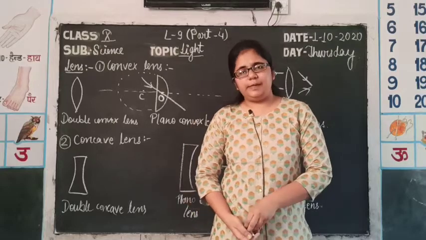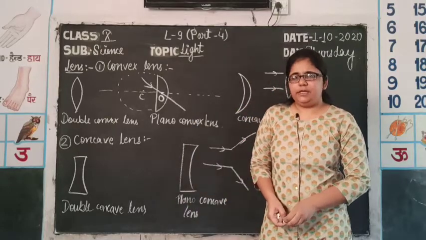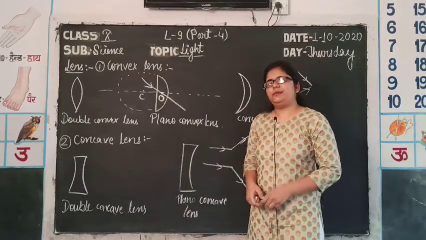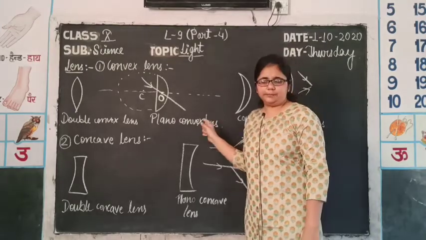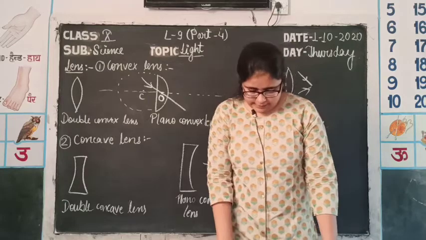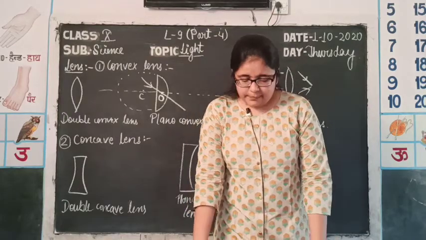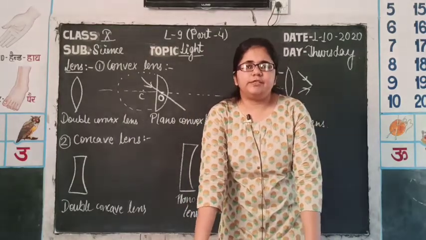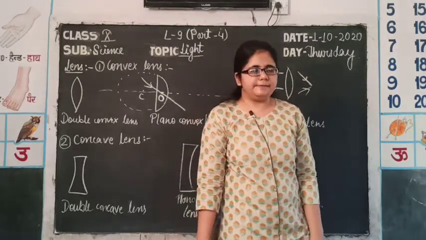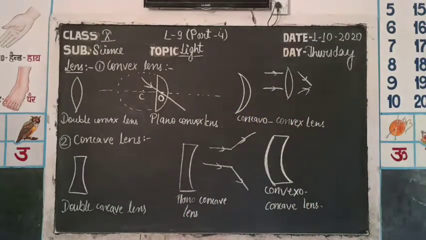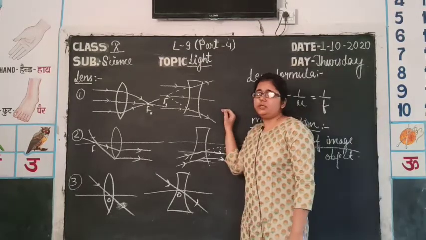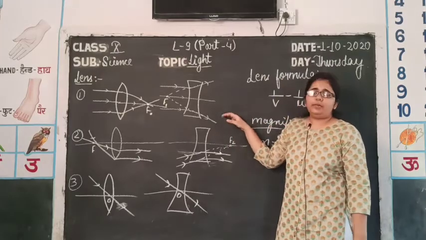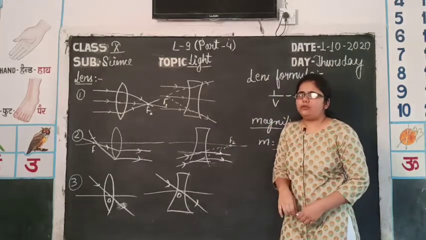After that, focal plane. Focal plane is a plane which is perpendicular to the principal axis, and it is the plane which lies at the focus. Then we will discuss some basic laws of image formation in spherical lenses. There are several rules which are common in both concave as well as convex lenses.